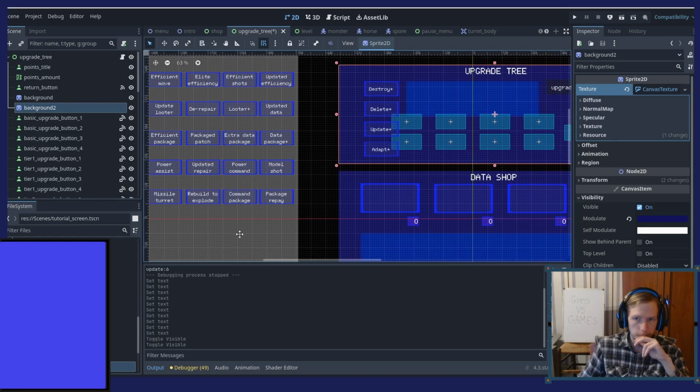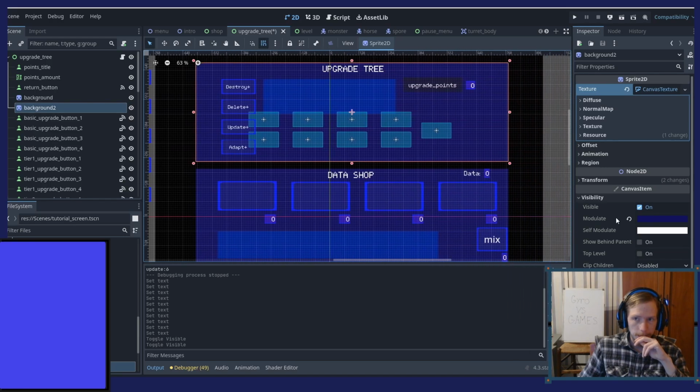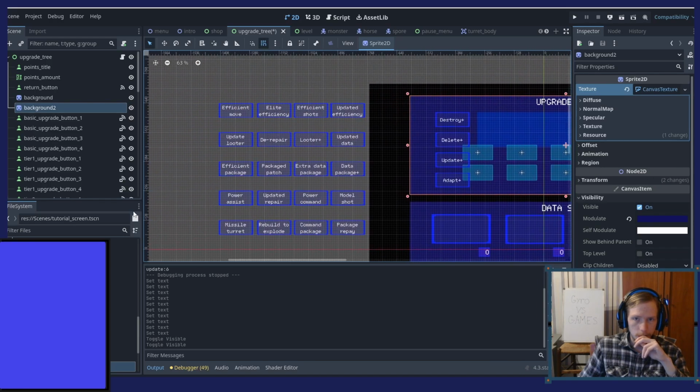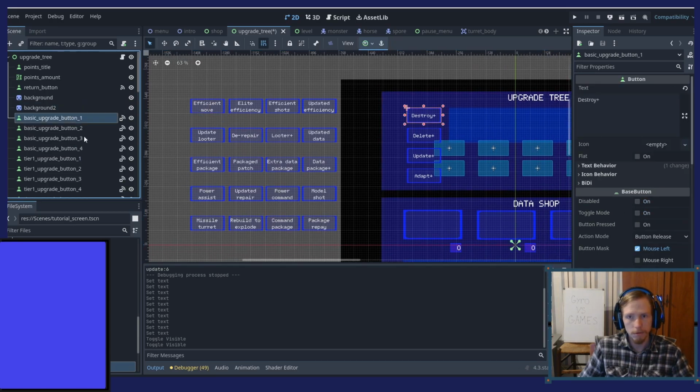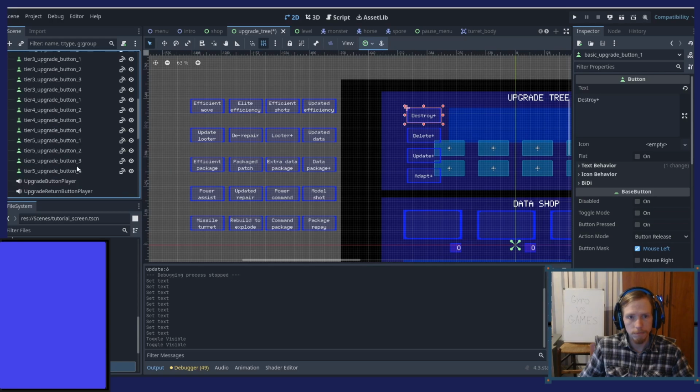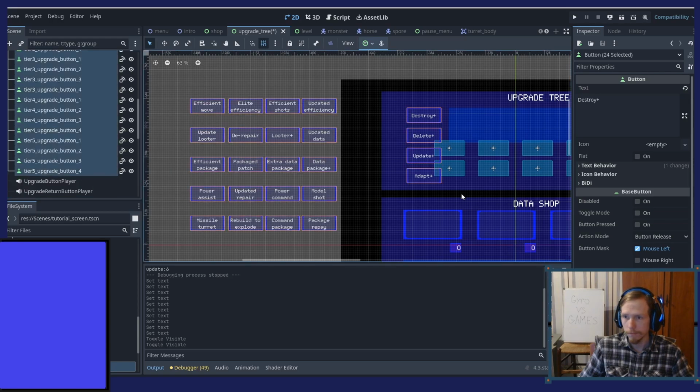That's the problem. Although I think I can make them a little bit bigger. I'll just expand.